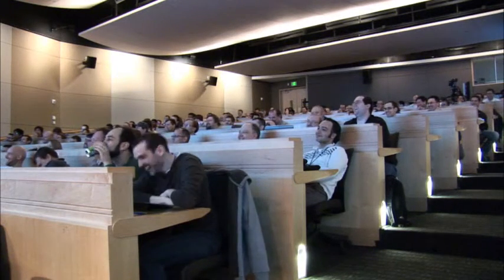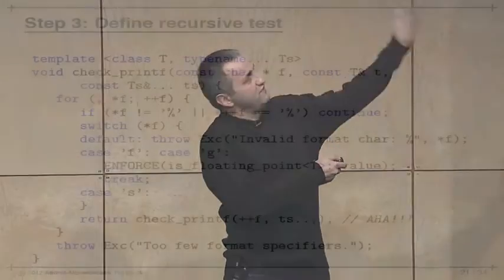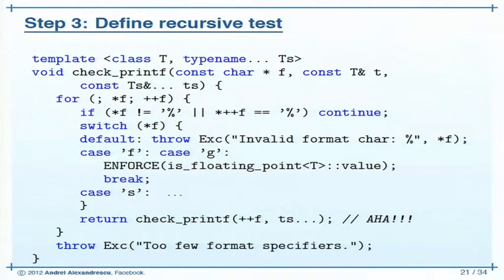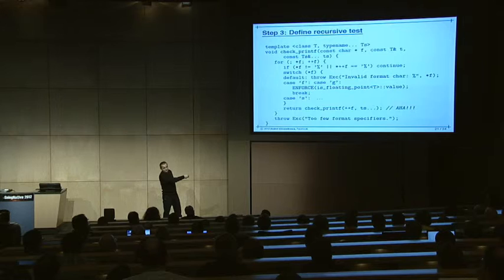All right. So this is my check. Enforce here. It's the payload. Enforce means if it's not, throw, right? And this is the recursive step, when I say, well, let me actually bump past the formatting character. So ++f. I'm done with it. Bump the formatting string. And then pass the tail, right? And with this, I'm done with T, and I continue with T's, and whatever is left from the formatting string,